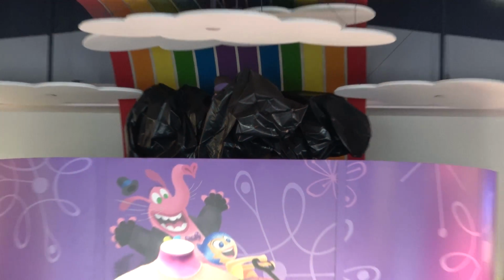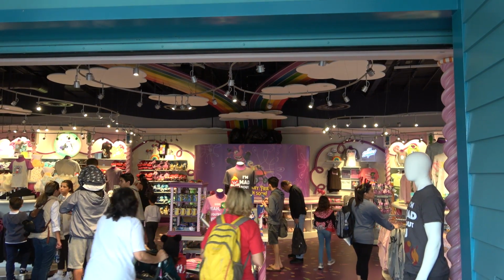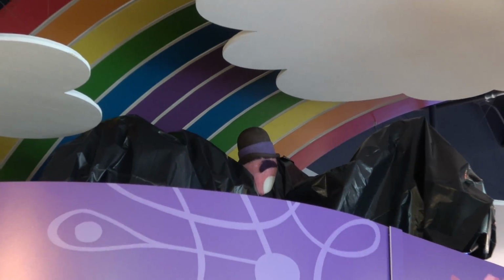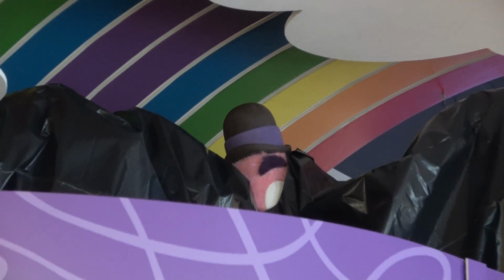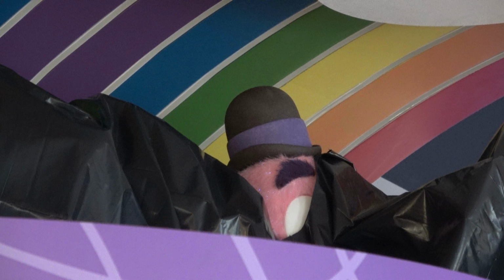Let's go to DCA, to Pixar Pier, to see that there's no Bing Bong still. We're looking, guys. Don't worry, we're looking. But he is here. Bing Bong has arrived, and he's behind that baggie. And there's his head. Now, the question is, it's an interesting question because